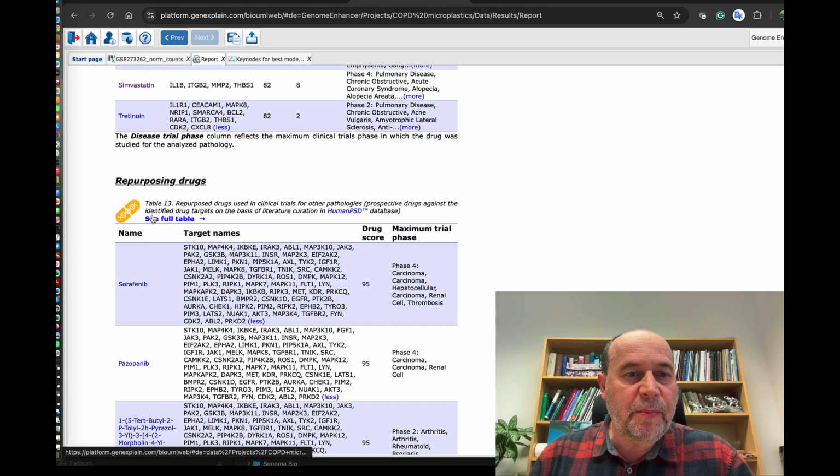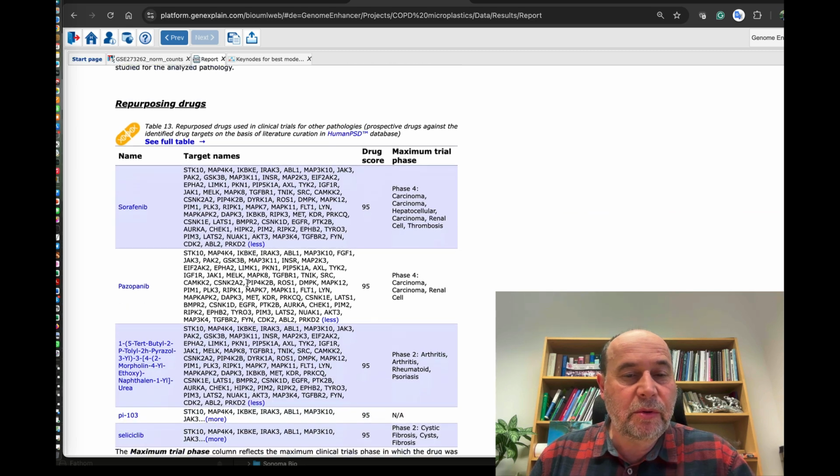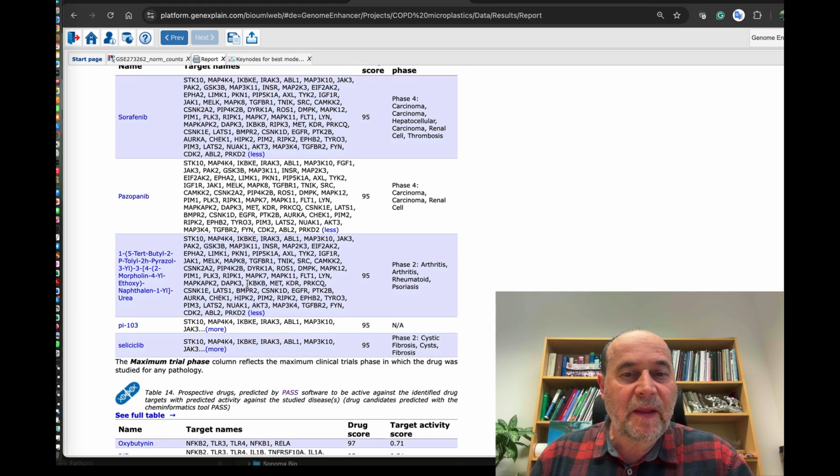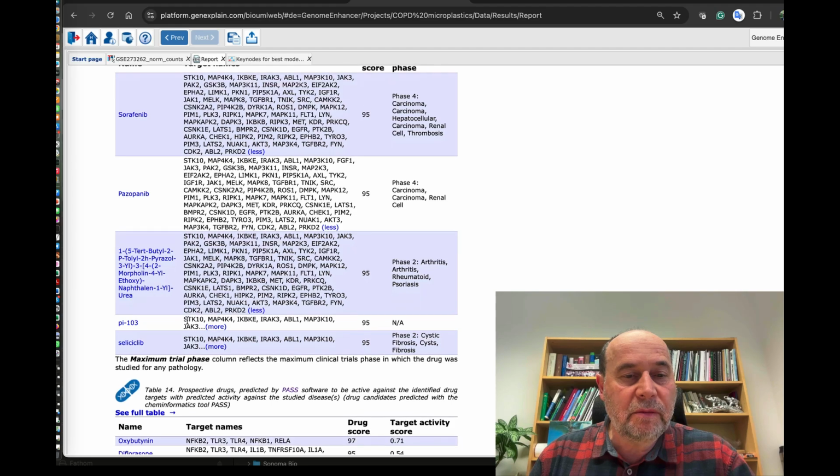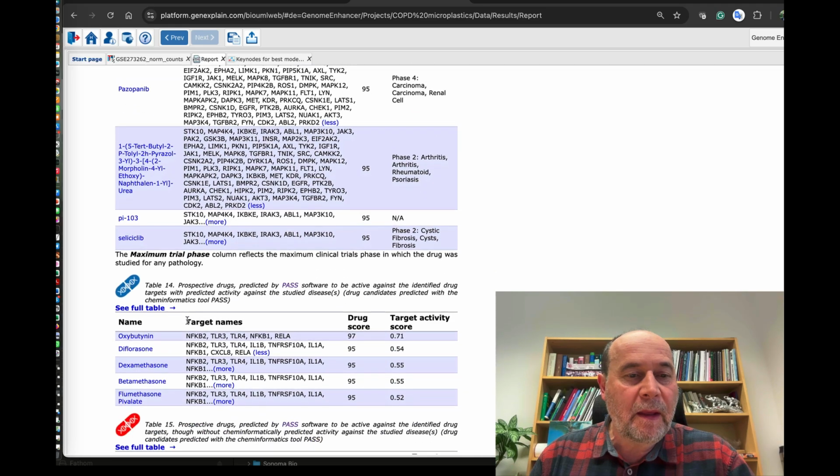Here you see the repurposing drugs, so potential drugs which can be studied in this context, and among them you see some of the anti-cancer drugs which are targeting those targets observed in this analysis. And not only, there are some of them actually known drugs for arthritis or cystic fibrosis. So there are very interesting potential repurposing drugs which can be used for further studies.